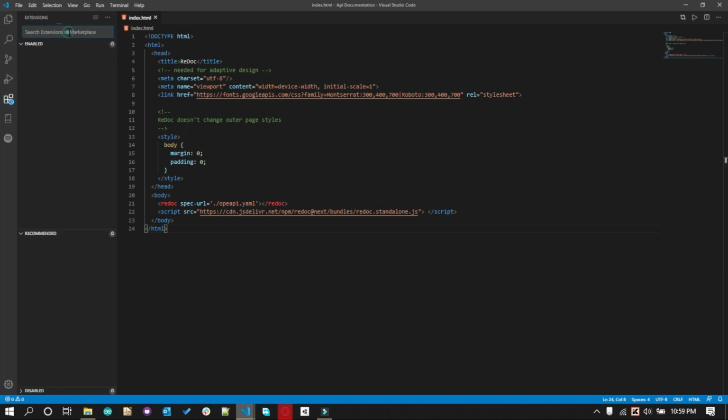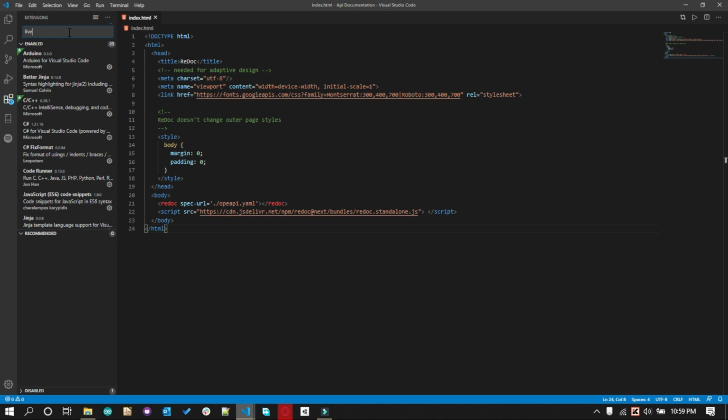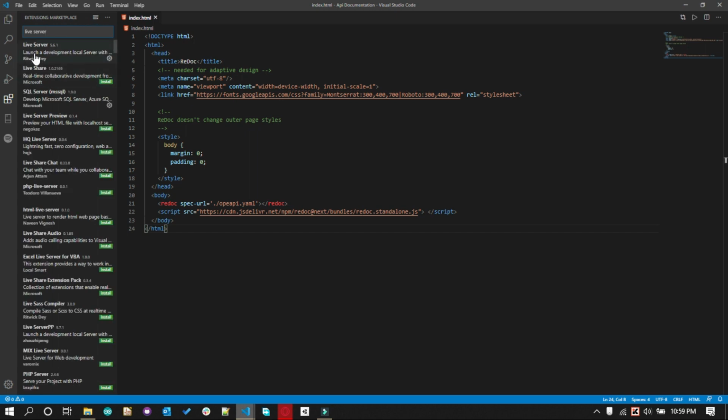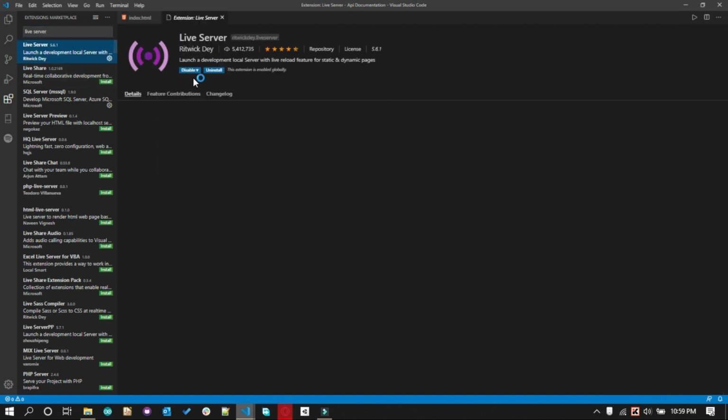For running this code, either we need to download all the source code of Redoc, or we can use the live server extension from VS Code, which hosts our website on a local server.